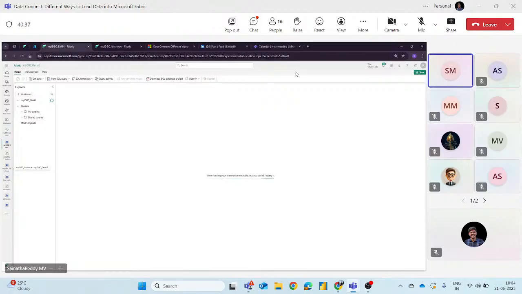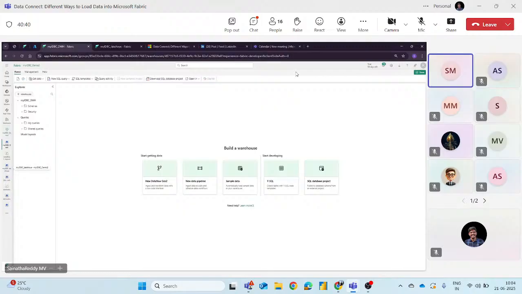After creating the data warehouse, I need to create one more Dataflow Gen2 to load our CSV files into the data warehouse.